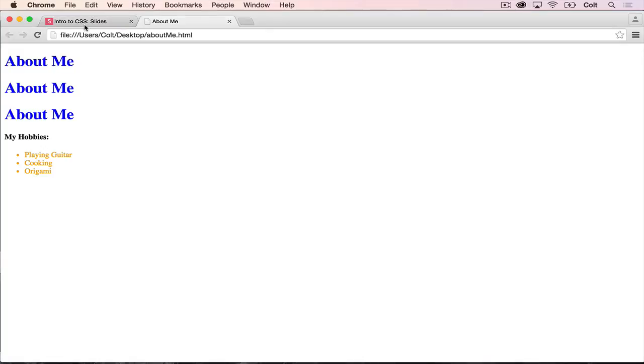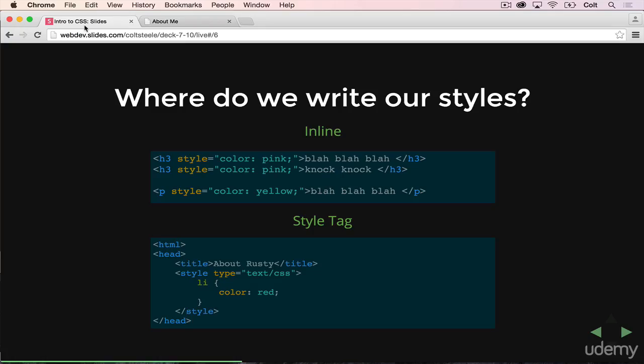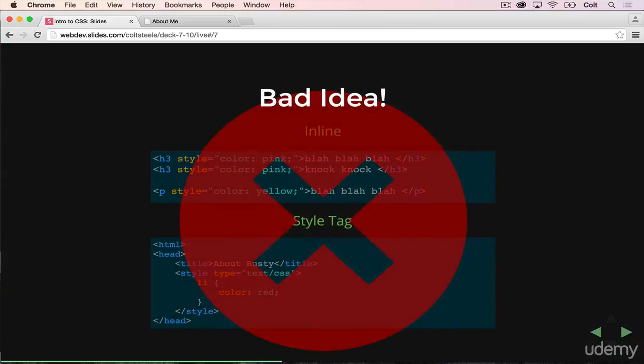Okay, so the problem with what we've just been doing though, our CSS looks fine, but unfortunately it's still in our HTML. And I just got done saying a few minutes ago, we want to separate our HTML and our CSS. We don't want them to be connected. We don't want the CSS to be nested inside our HTML. So functionally, it works exactly the same way. We won't see any visual difference. But what we actually want to do